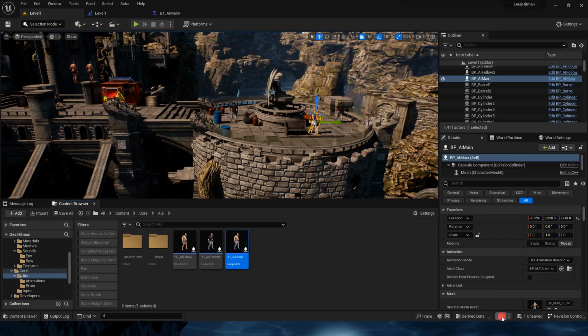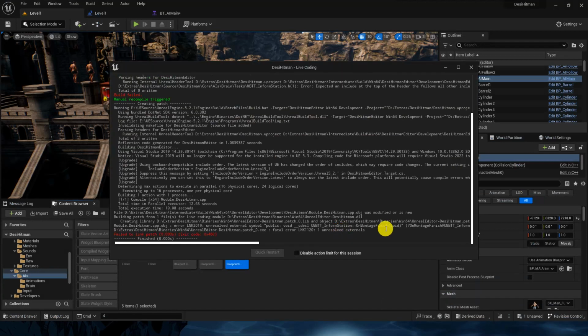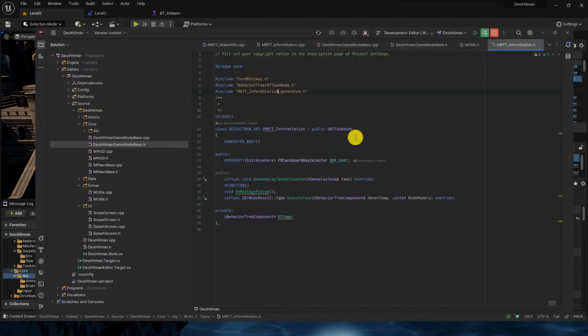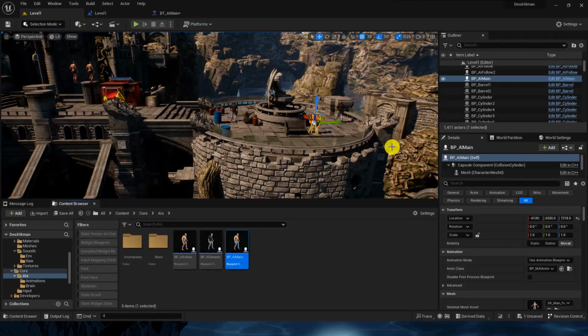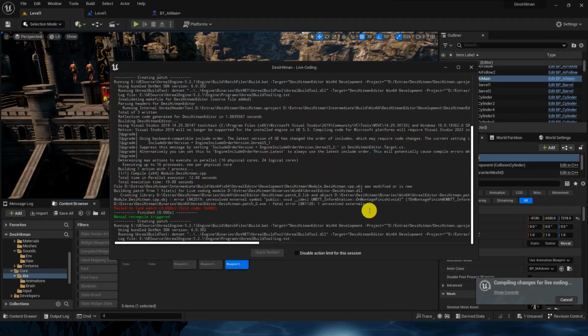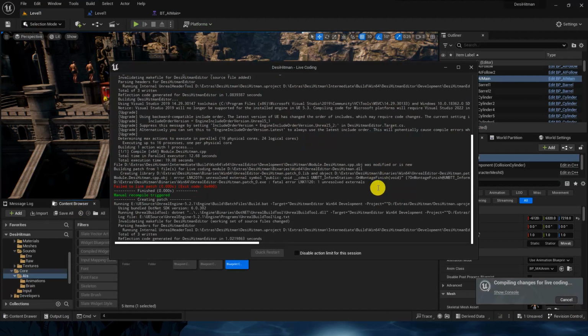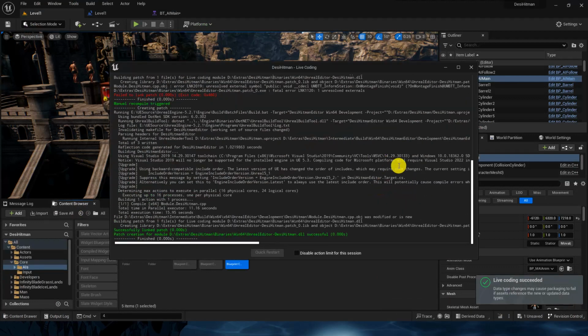There is one more error, in Inform Station we haven't removed this montage finish, so let me remove this too. Let's compile it again. Okay, it's done.